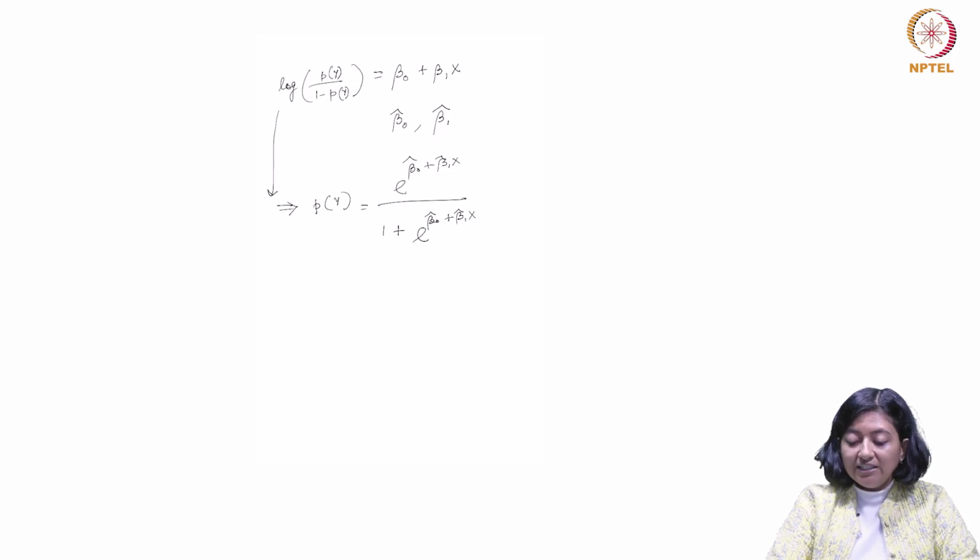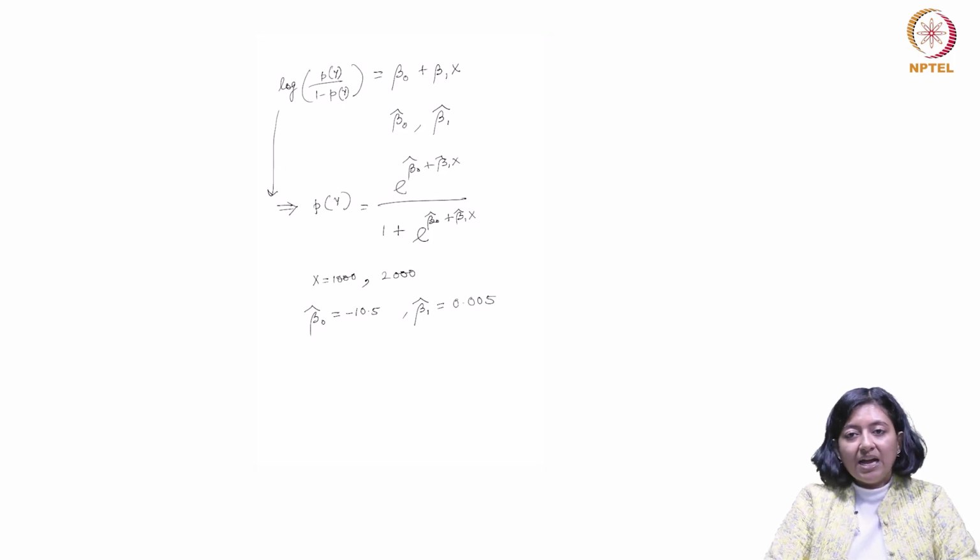So, here I can use x equal to 1000 or x equal to 2000, beta naught hat equal to minus 10.5 something and beta 1 hat equal to 0.005 and calculate the values for the probability of y, or in other words, the default probability for balance equal to 2000 and default probability for balance